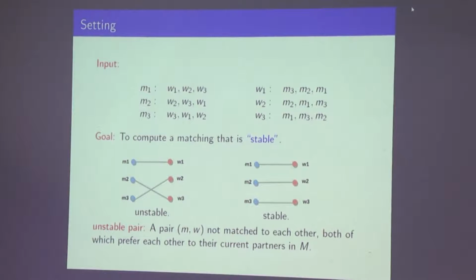Okay, so one thing is good. He says that let's look at all combinations. First of all, there are n factorial combinations, because there are exponentially many ways to match these people when you have a complete bipartite graph. The first person has n choices, subject to that the second person has n minus 1 choices, and so on. So if both sides have the same number of men and women, you have n factorial matchings. You can of course go and for each of these spend n squared time, because once you are given a matching, you can answer the question: is this matching stable or not?